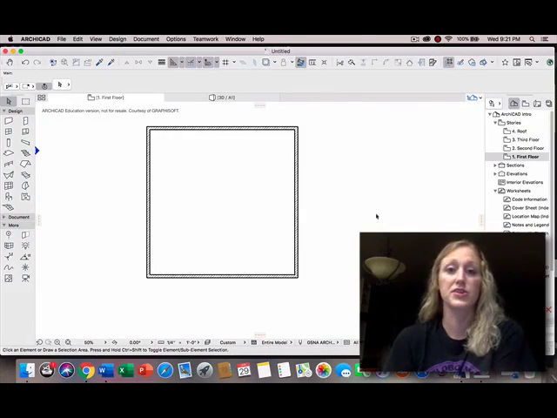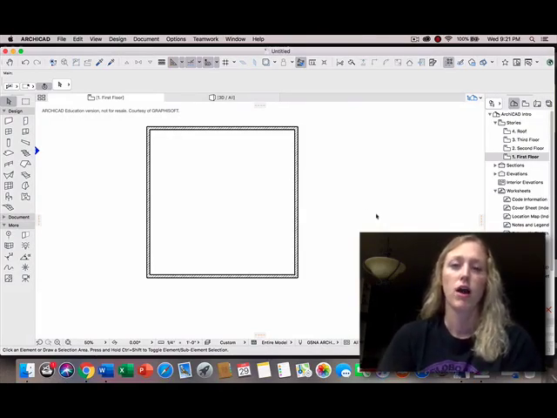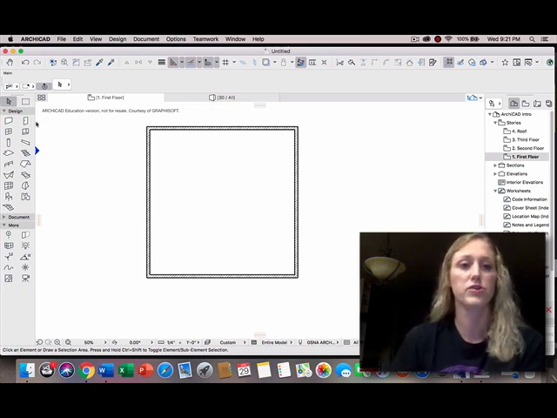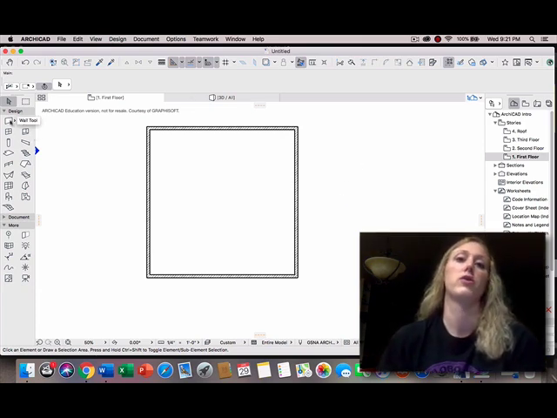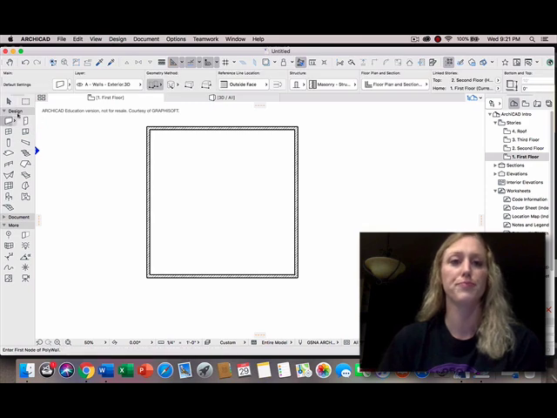Hi guys, I'm going to continue working on my ArchiCAD intro assignment. I have a slab and exterior walls so far. I'm going to now draw some interior walls. So we're still going to use our wall tool, but when I go to my settings here, I want to